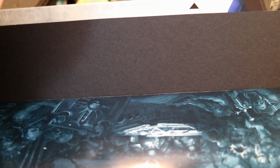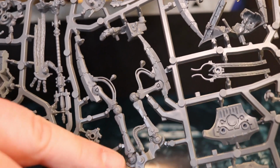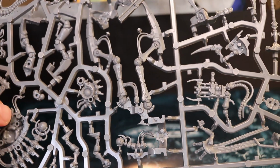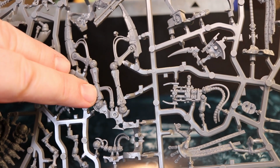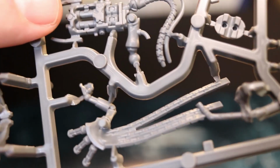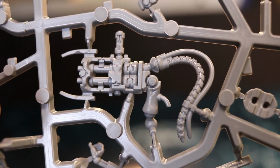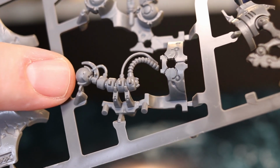So these are 2 of the other Necron sprues. This is for that weird tripod doodad. So there's the legs. Let's just try to get that all in one shot there. So yeah, there you see it. Let's flip it around and see the other side. There's some more of the legs there. And we can take a close look at this piece. So there we go, one of the Gauss weapons. The back of one, oh, there we go. The back